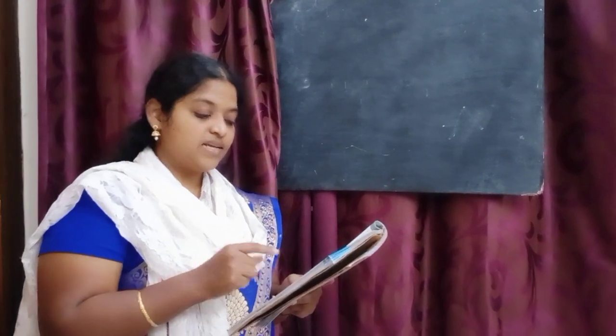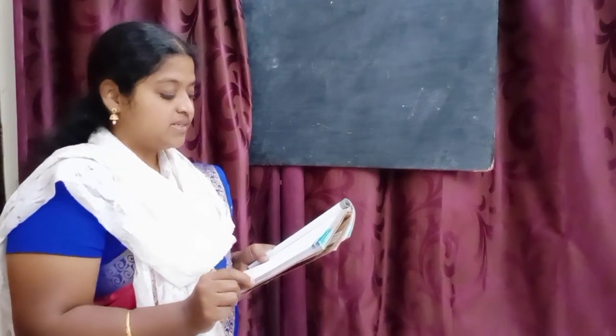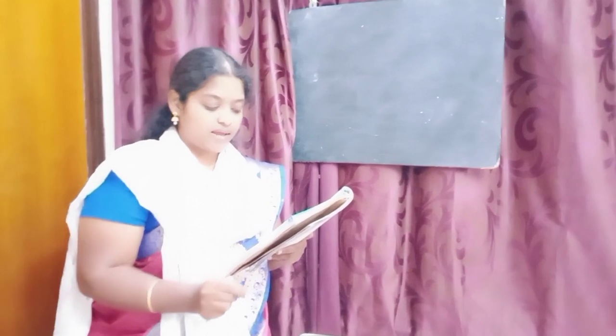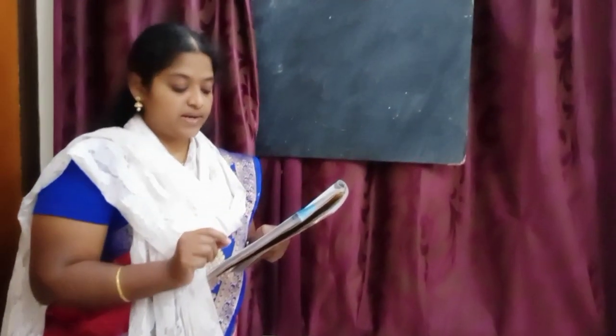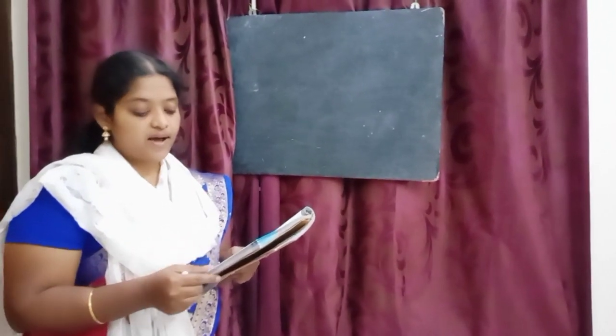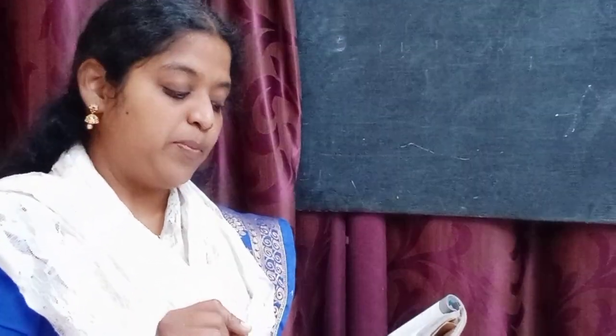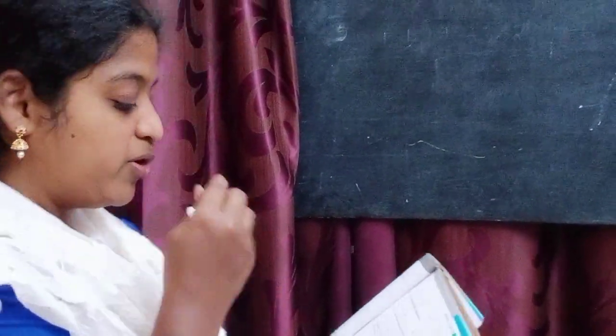Now let us see the next one. See the fifth problem. The points P, Q, R, S, T, U, A and B on the number line are such that TR is equal to RS, that is equal to SU, and AP is equal to PQ and is equal to QB. Name the rational numbers represented by P, Q, R and S. So what you observe in this is they have given one number line.